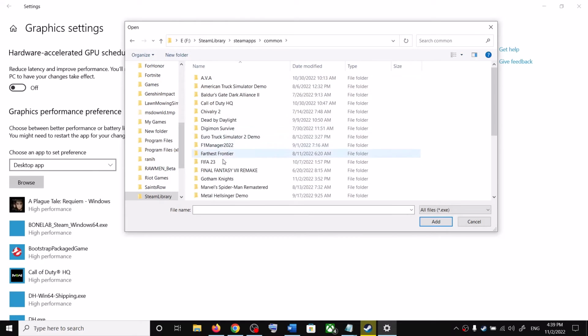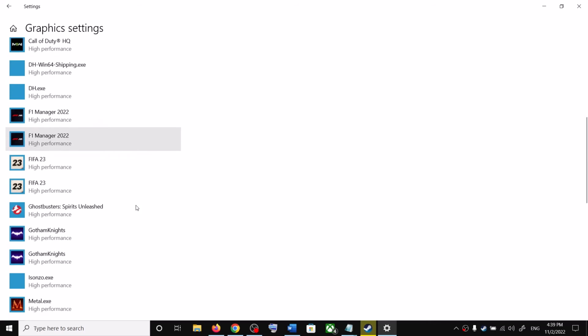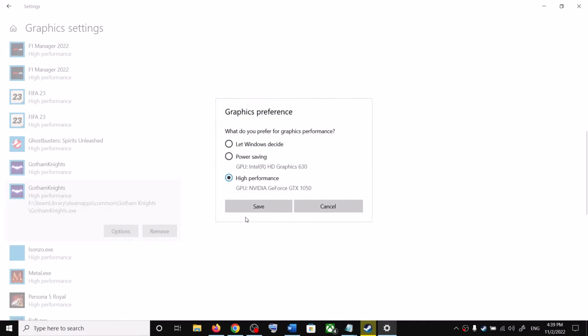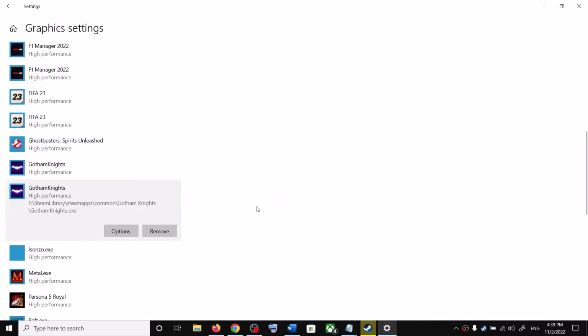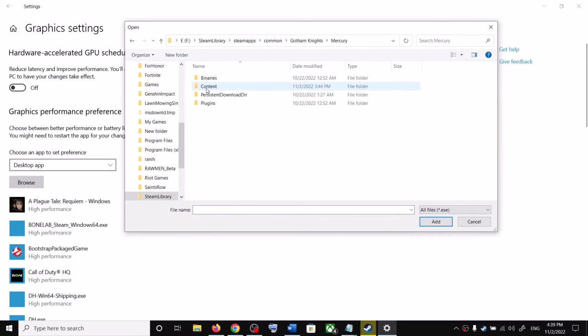Now open the game folder. Now select this exe file. Now click on add. In my case, the game is already added. So once the game is added, click on it, then click on options, select high performance. Now click on save. Again click on browse, and then this time open the Mercury folder, binaries, win64, select this